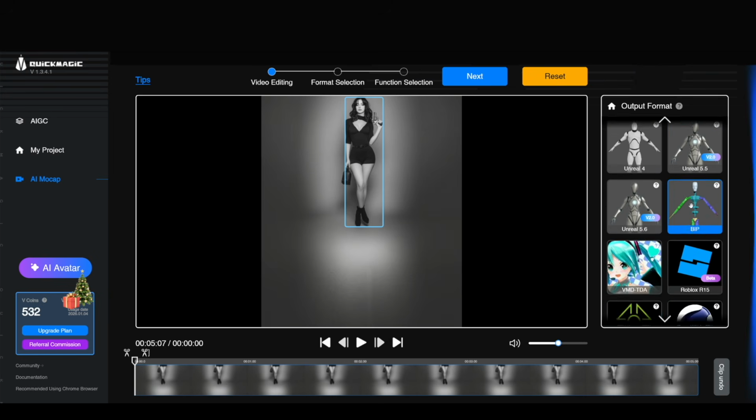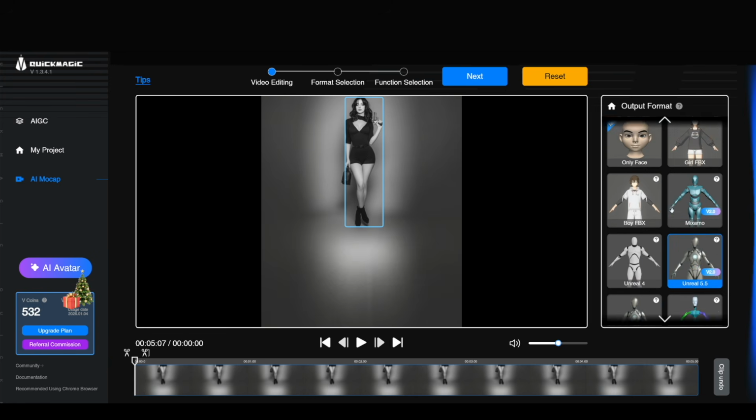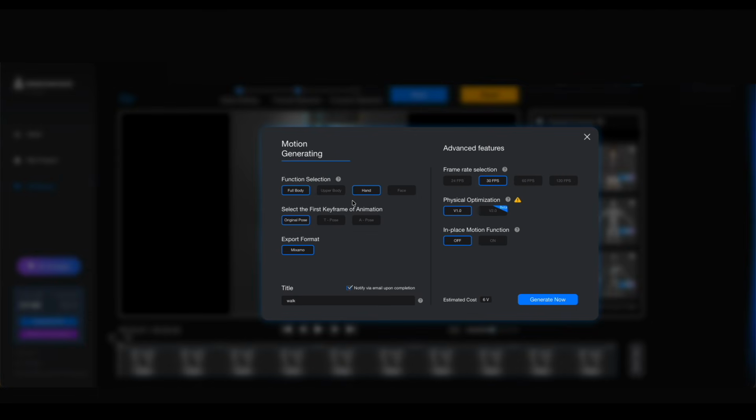In my case, I make body motion and facial motion separately, so we'll start with the first shot, the walk-in shot here. I'm using the Mixamo preset because Mixamo works really well when retargeting with AutoRig Pro. Drag the Mixamo model in and generate the animation. Click Next. Here you can choose full body or upper body animation.